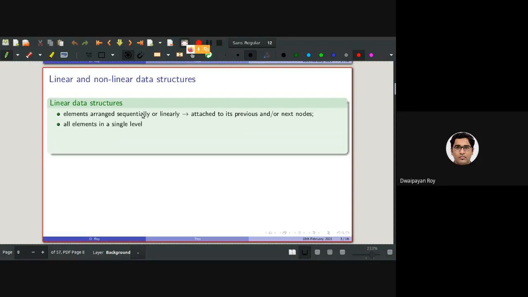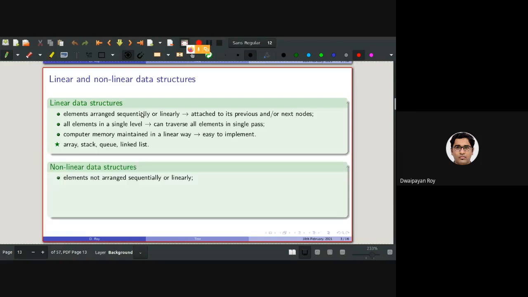All elements are stored in a single level, so we can traverse all the elements in a single pass. Computer memory is actually maintained in this linear manner, so linear abstract data types are easy to implement. The examples we have discussed are array, stack, queue, and linked list.